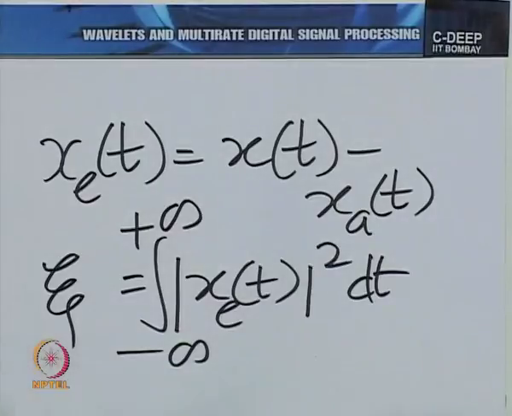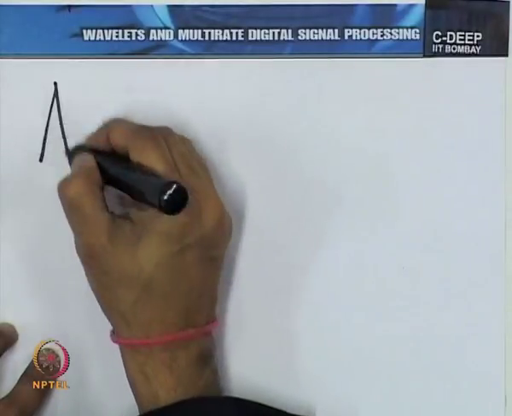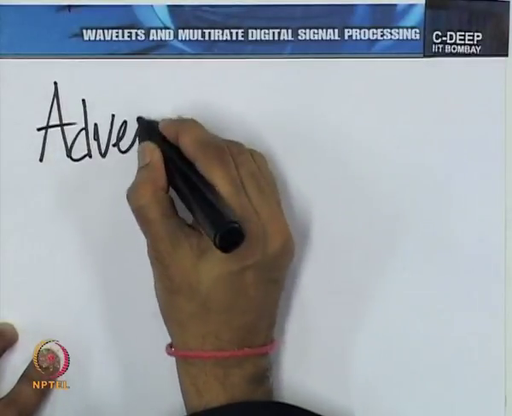We will call this the squared error, script E. Then the adversary or opponent